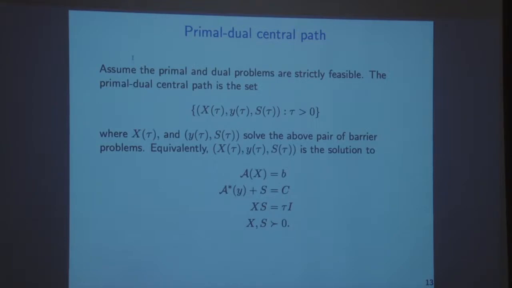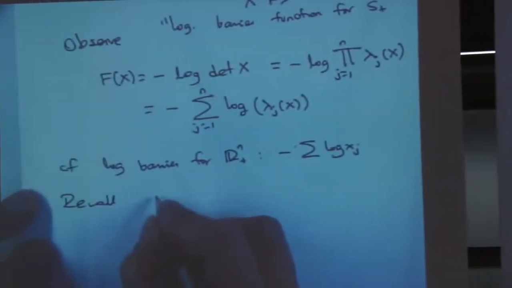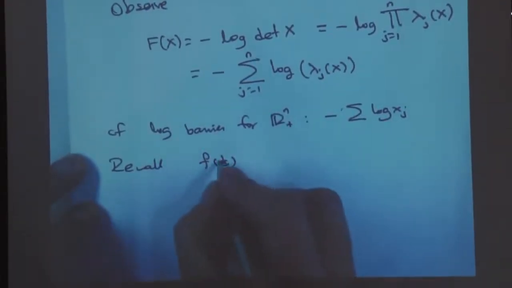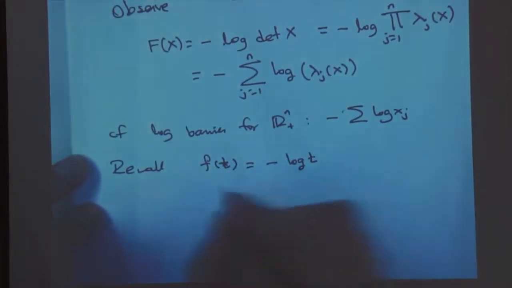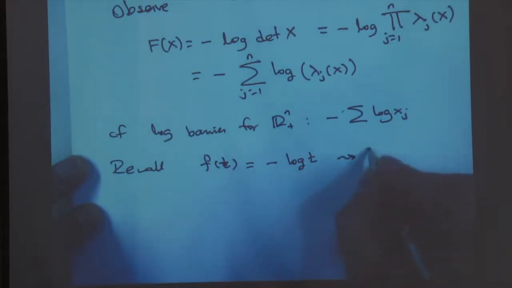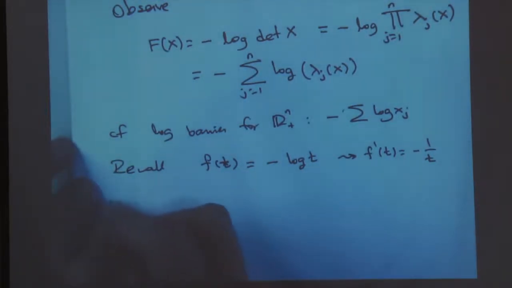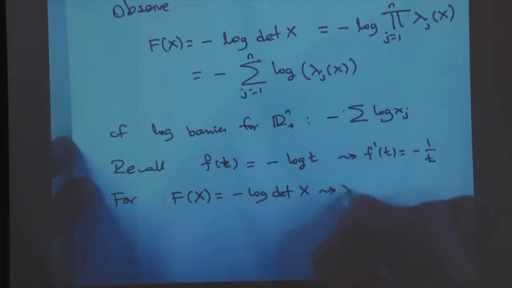and is very nice. So recall that if we have this function, let me call it f of t to highlight that this is a function of one variable, f of t, the function minus log of t. If we have f of t equals minus log of t, the derivative is minus 1 over t, right? Now, there is something that I find to be very pretty. So for the logarithmic barrier function,